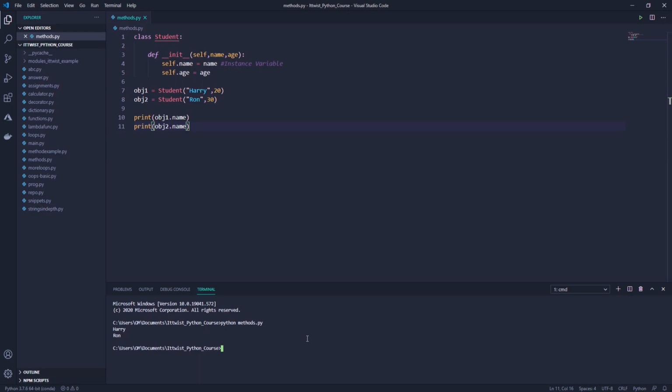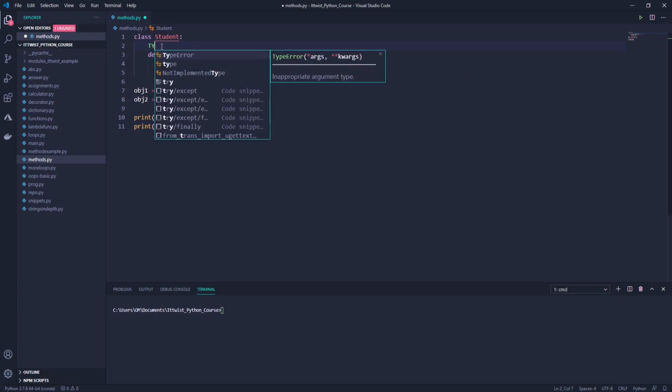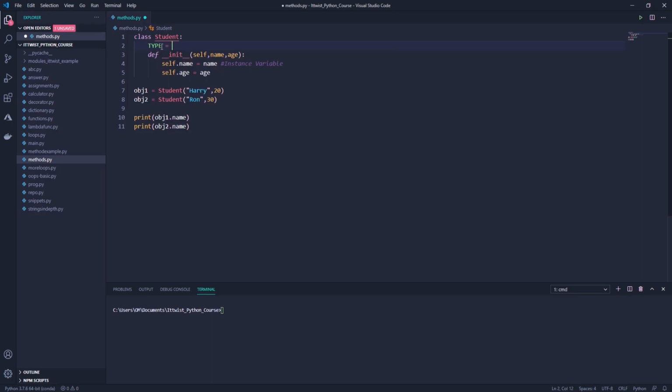What if we want to create something common, variables that will be the same for both obj1 and obj2? That's where class variables come into play. Now let's create a class variable and let's name it say type, and let's assign a value of say Gryffindor. Yes, I'm a Harry Potter fan. So when I go ahead and print obj1 dot type, and as well I'm printing obj2 dot type,